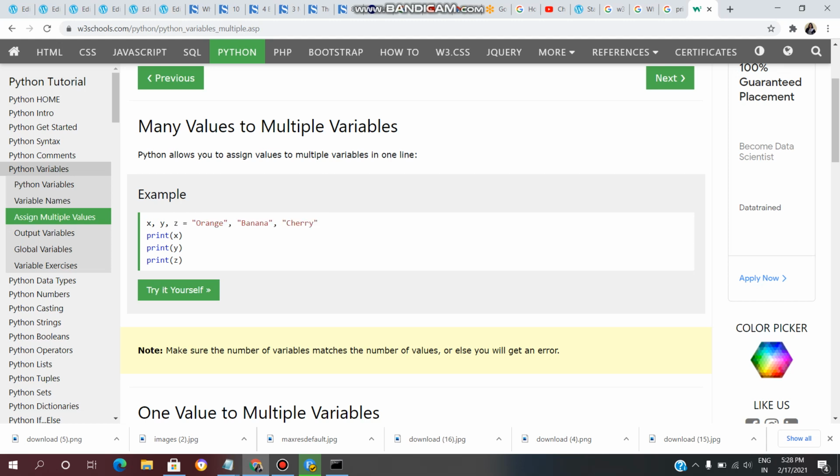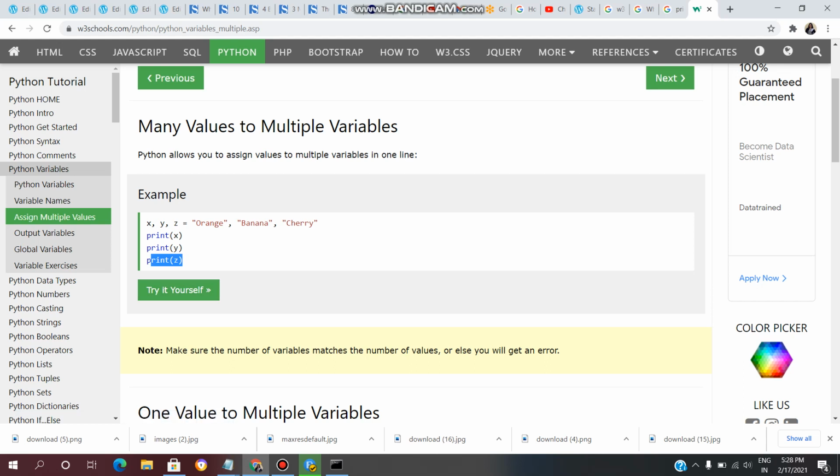In previous videos, we have seen x equal to John, y equal to Sham, where we assign only single values, but in Python we can assign multiple values to multiple variables in one line. We can assign the values like this, and then print x, print y, print z.